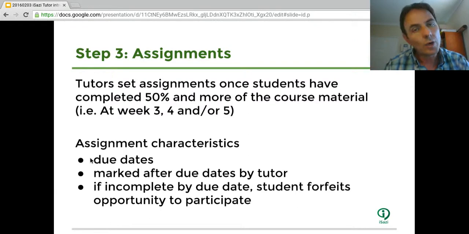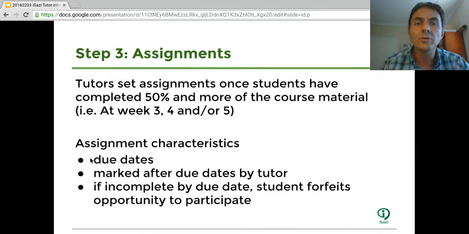But the other reason why I want to delay it a bit is because students might join the course a week or 2 or 3 after you started. So even though you think everybody's in week 1, in week 3, there'll be a lot of people studying the week 1 content space, and that's why they need to know when the assignments are due, so that they can do it, and you do it towards the end of the course.